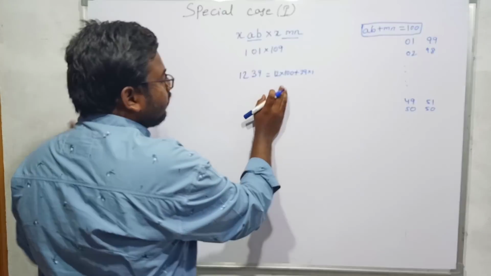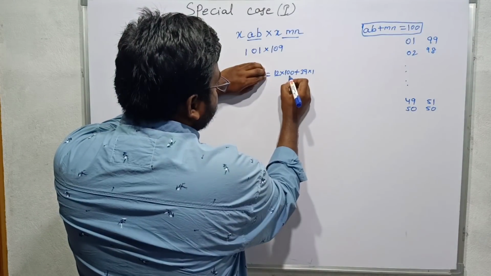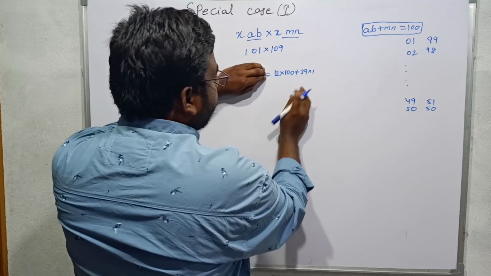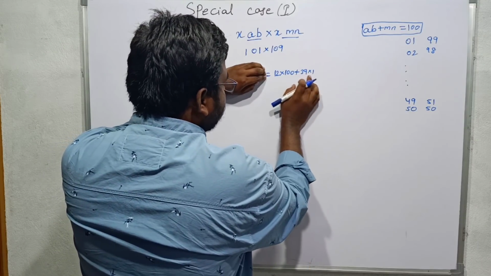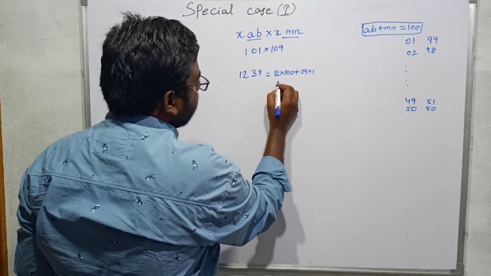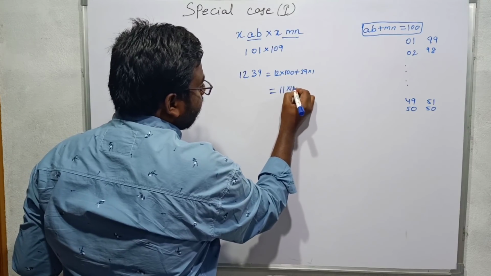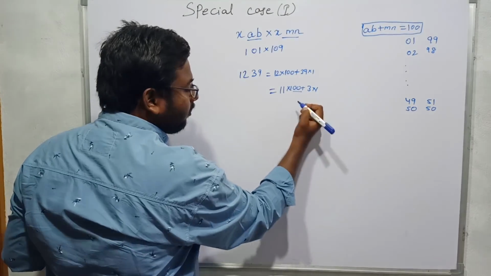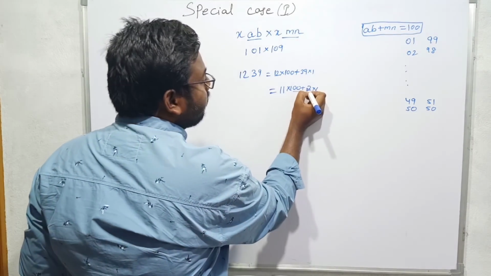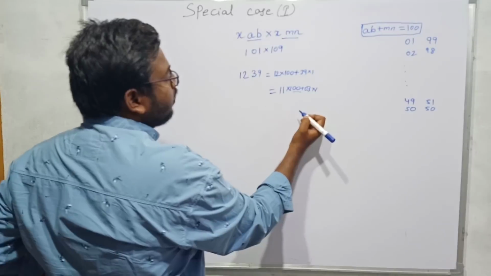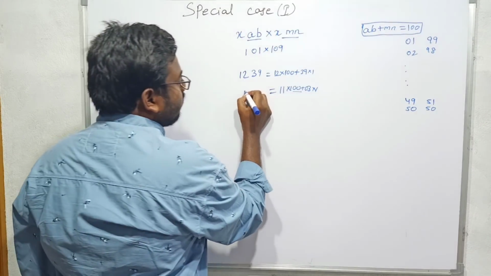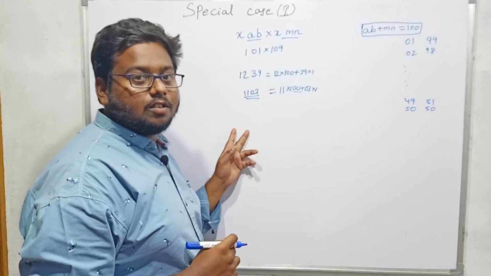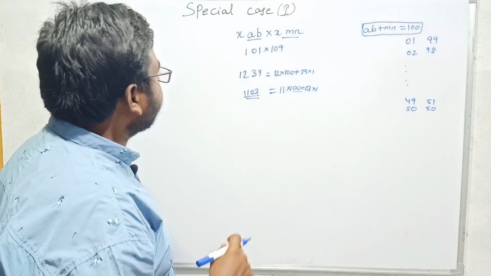After 100 only 2 digits are allowed. 1200 means here only 2 digits are allowed. If only 2 digits are there, then it can be written as 1239. For example, 11 into 100 plus 3 into 1 means here after 100 2 digits are permitted. So here there is no 2 digits, so I will put 03. So the answer will be 1103. I discussed this concept in addition also, so this will be very much useful here.